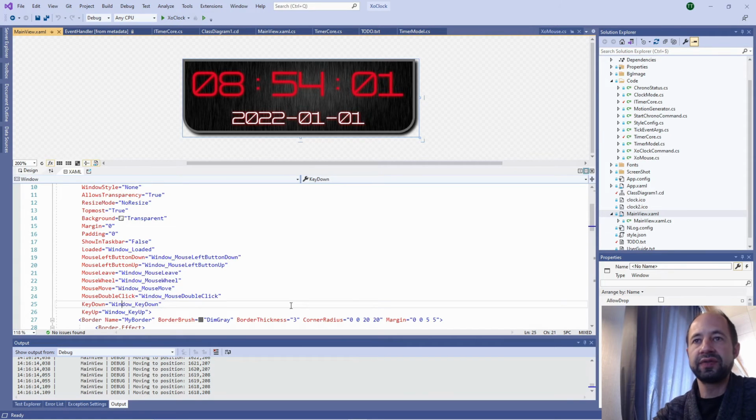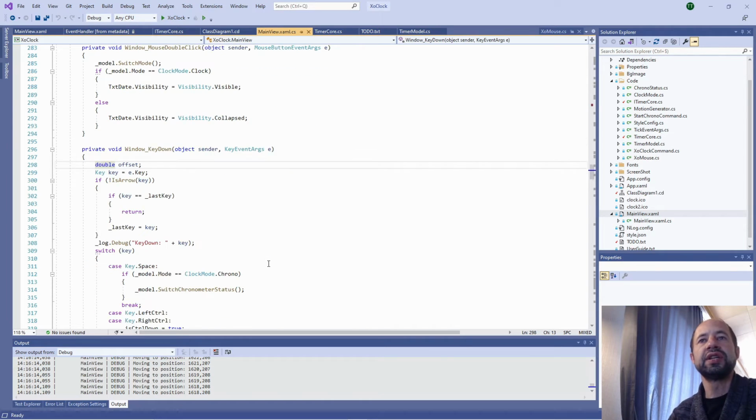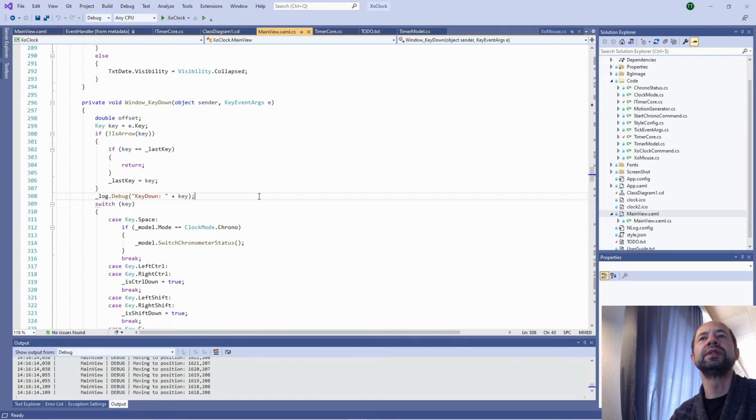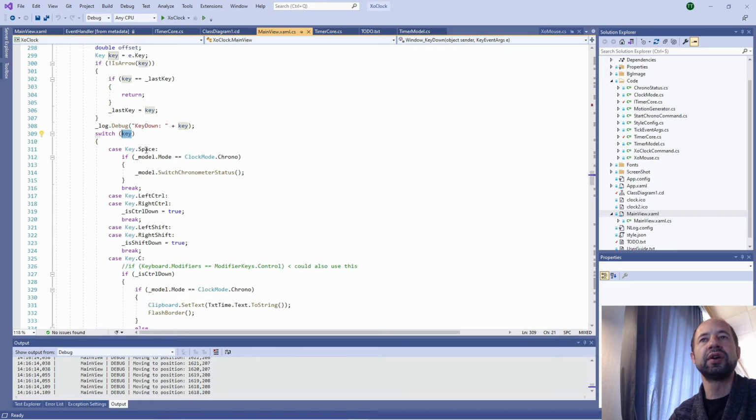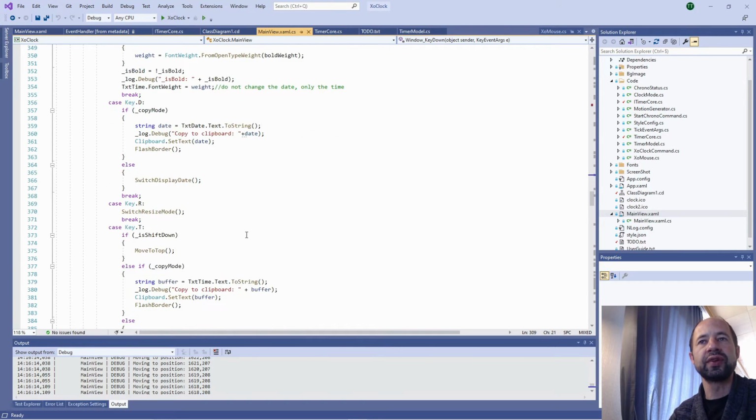key down is defining the callback which should be triggered each time I'm going to press a key. So key down, then I have my key here. If there is an arrow, I'm making some special stuff. Then I log the key down and I switch the key. And depending on what is the key, I'm going to do something.